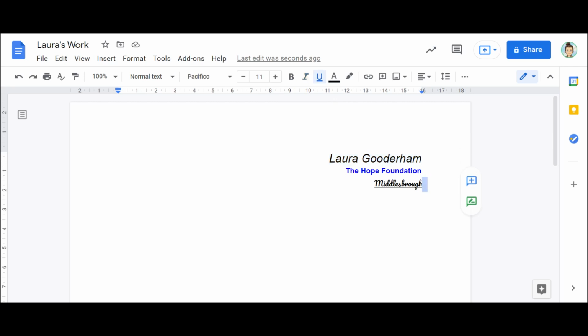If I then want to move back to the other side of the page, press your enter button on your keyboard to go down to the line, back up to your align button and select to move it back